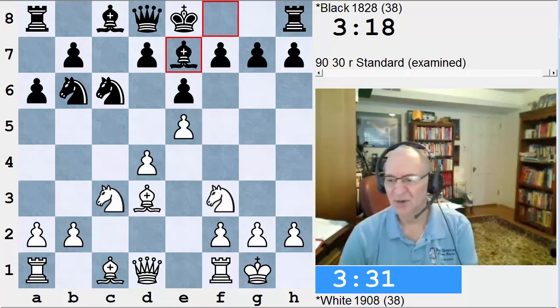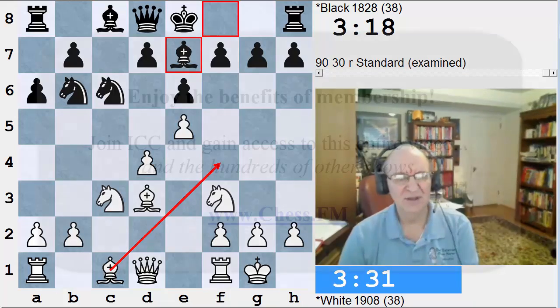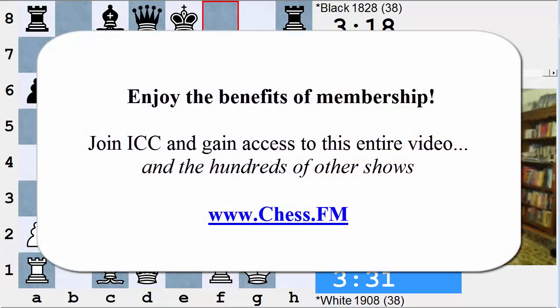Black decides to develop the bishop to e7. And now, again, I asked the computer what it would do here, and it thinks maybe the strange-looking bishop f4 is the best move. Now, bishop f4 looks strange because it's blocked by the e-pawn, but notice what it really does is play against the